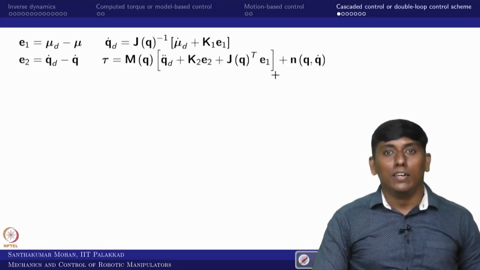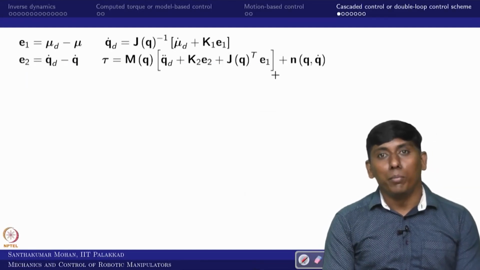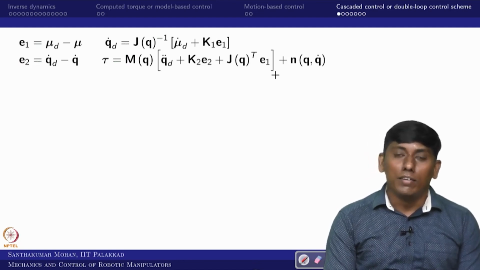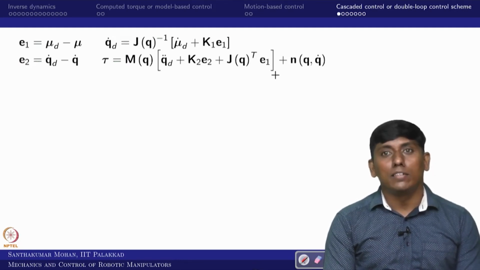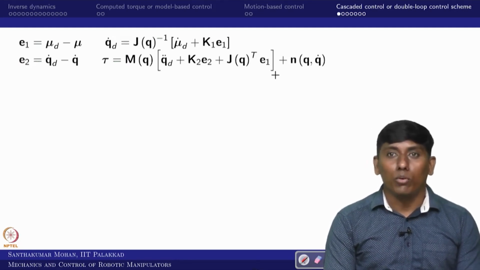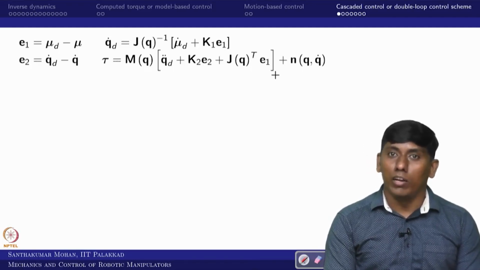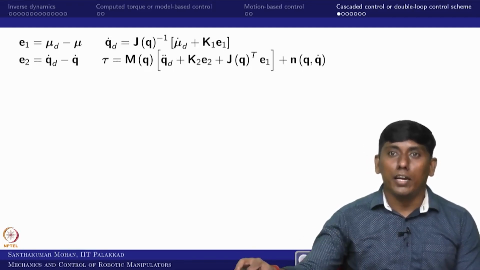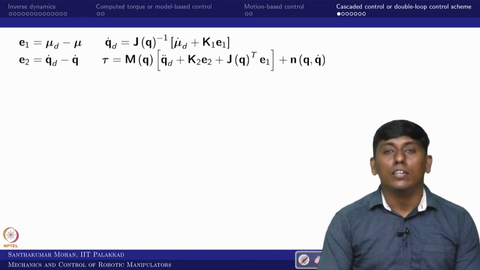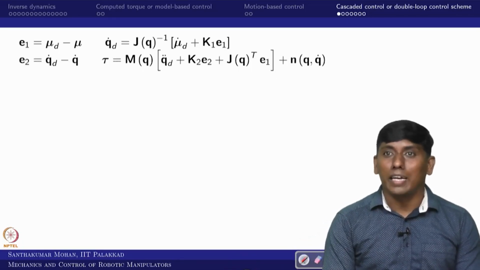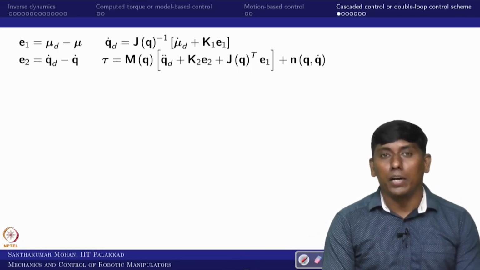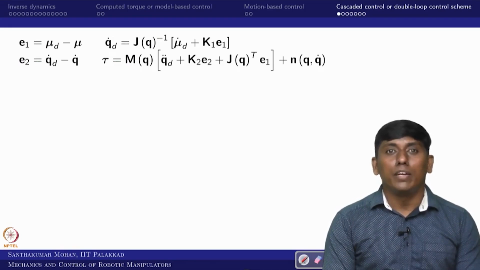Welcome back to the mechanics and control of robotic manipulator. Last class we have seen how the task space motion control can be done in Matlab simulation. This particular lecture is in addition. So again we are trying to do the Matlab simulation, but with the cascaded or the double loop control scheme. So for that, what we have seen in the lecture, in the regular theory we have